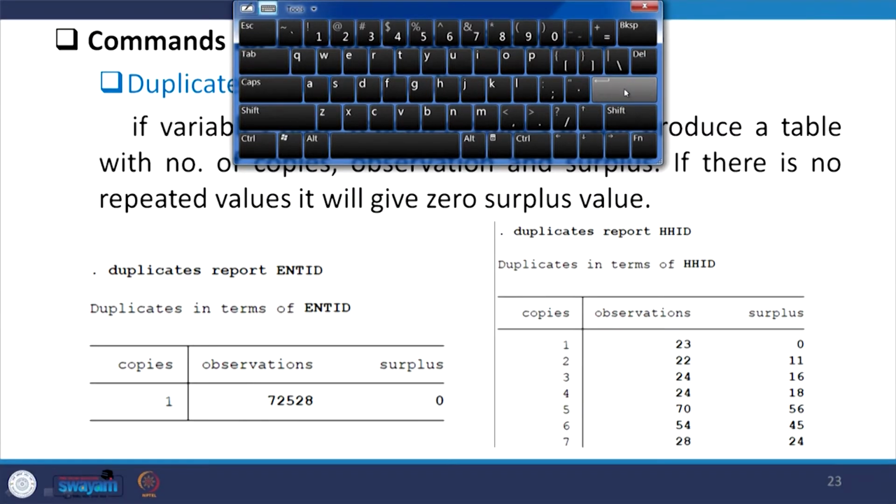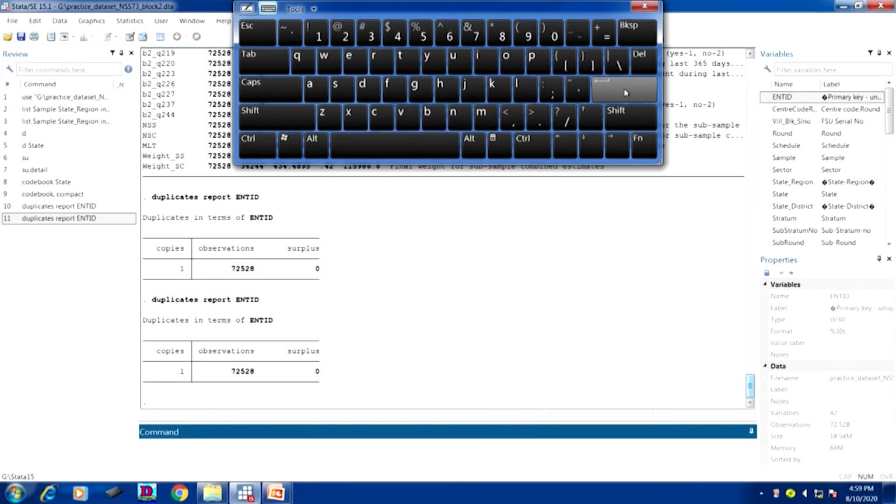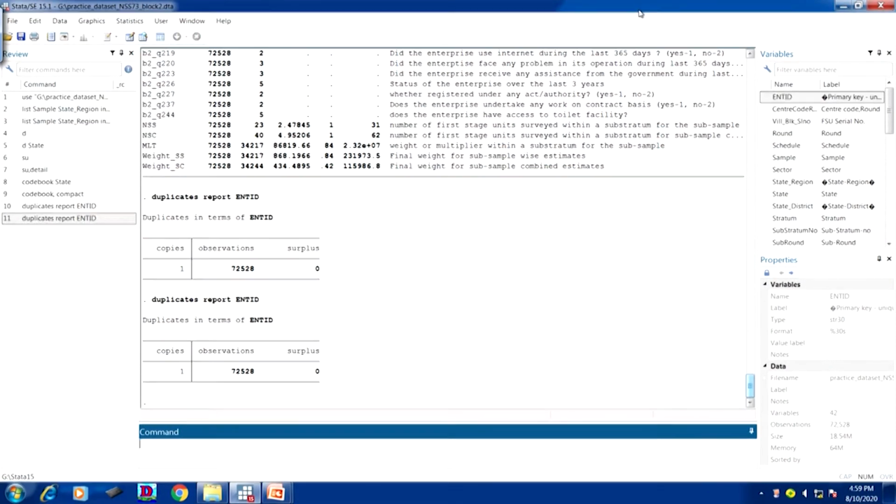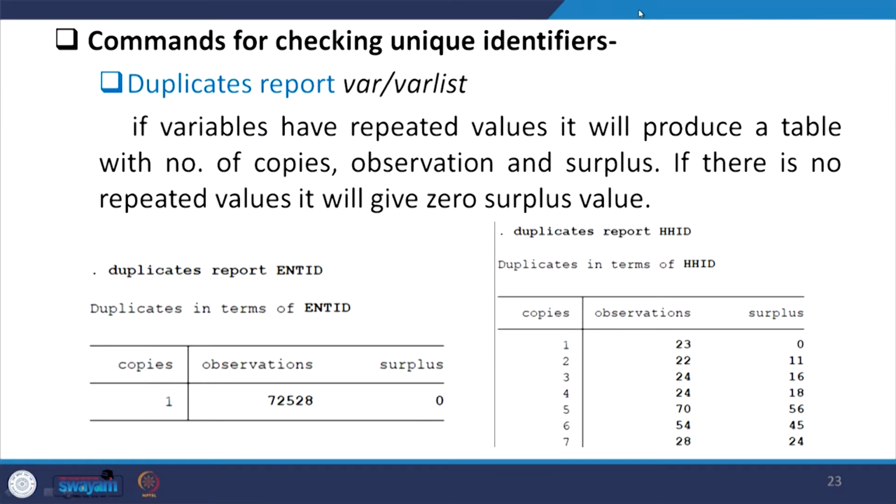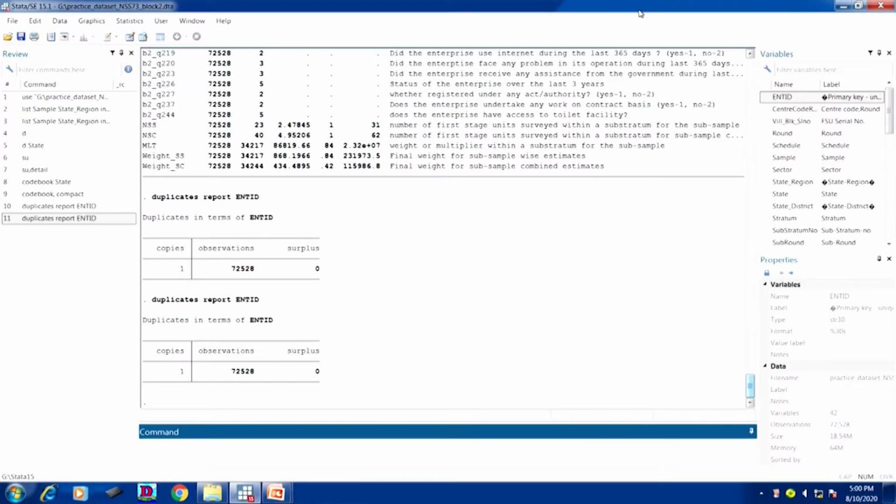Now let me go through once again. We can also check with our ISDS data set how many duplicates are there. Let me open that in our window.